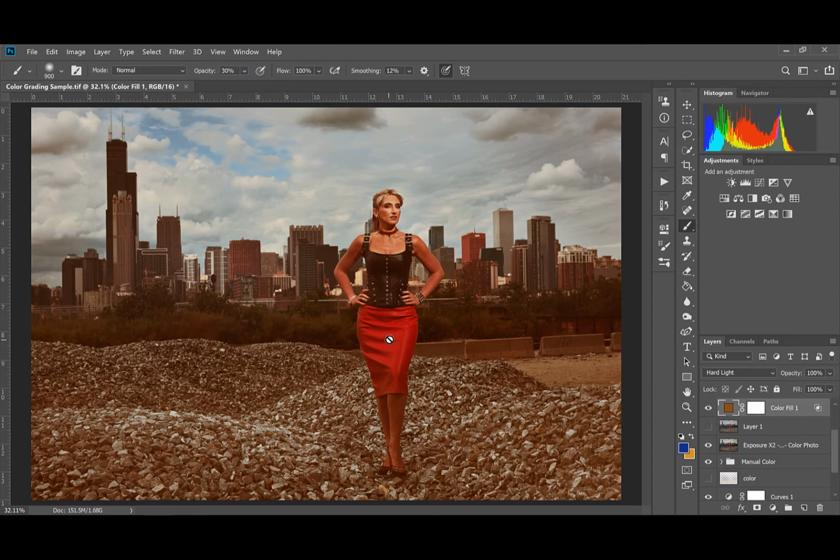Now, of course, this is a little bit overdone on her skin at this point in time. Because if we look at the color of her skin, it's definitely a little bit too saturated for me. So one solution, of course, is to bring down the opacity. But why I don't necessarily want to do that is because I start losing that effect on the background. So instead of that, what I would normally do is simply to mask out my subject,